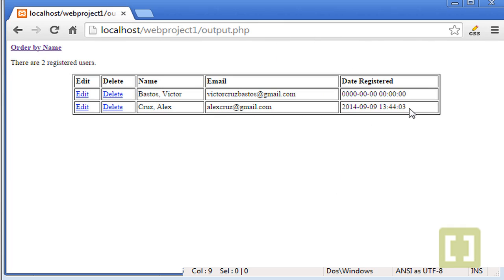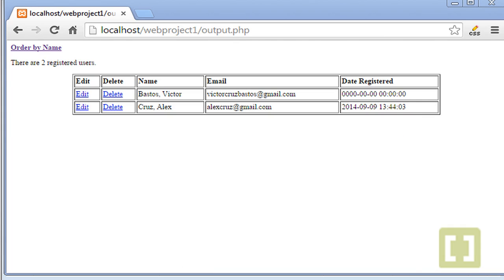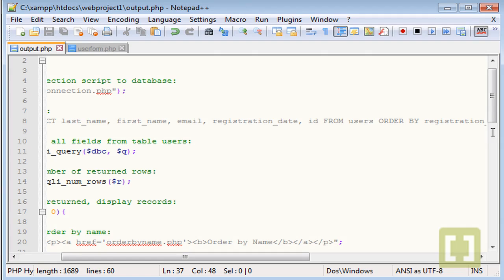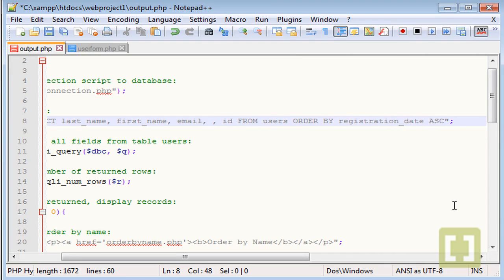And there it is. As you can see, we have the date and the hour and even the seconds, with the now function. Now, some of you may wonder why I created that query in the first place where I had date format. Let me type that again. So it was date format, parenthesis, and then now we type, and here inside we type registration date, which is the field,